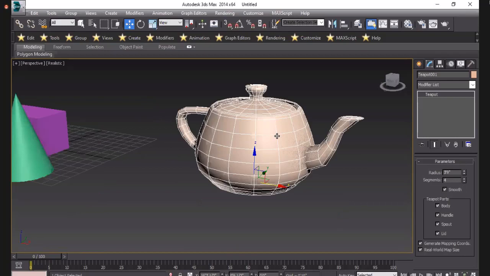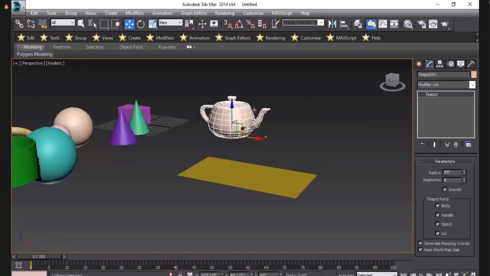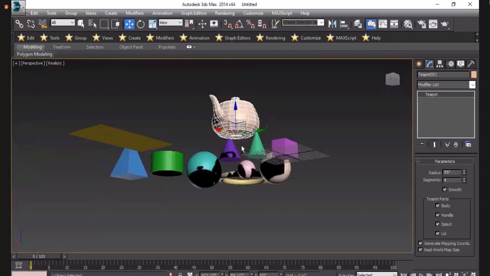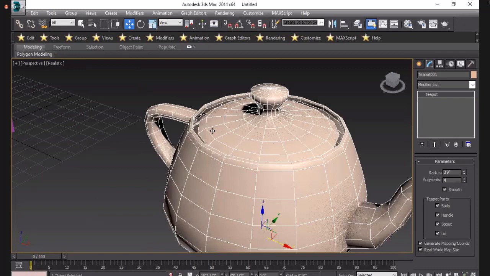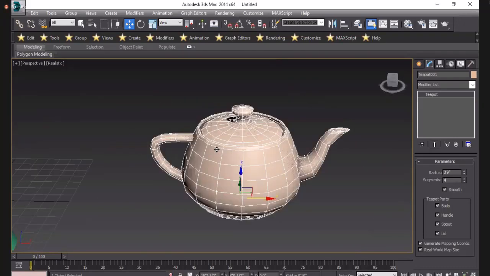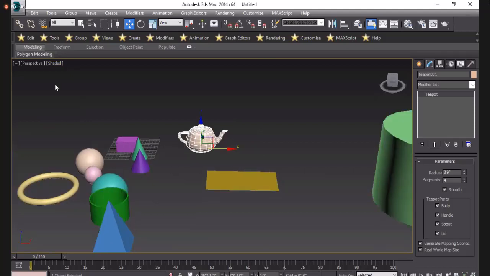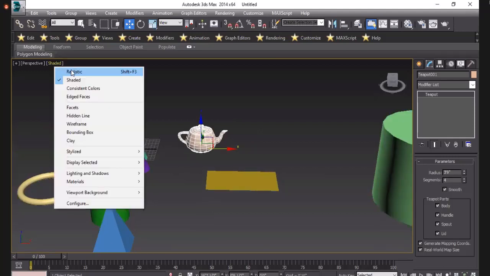This is our teapot. We will use the teapot as our pot, and if you edit it, it can be used in your modeling also. So what we can do here, you can get a shaded view. Okay. If you shade it, then small black dots and other disturbance will be cleared from here.